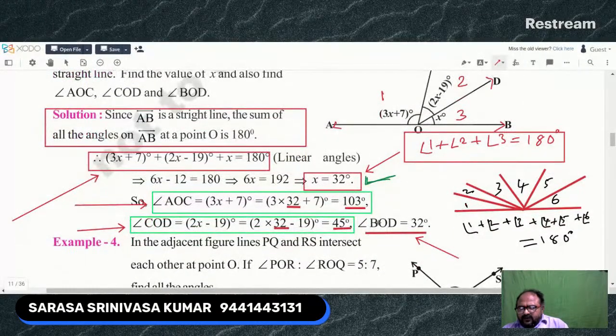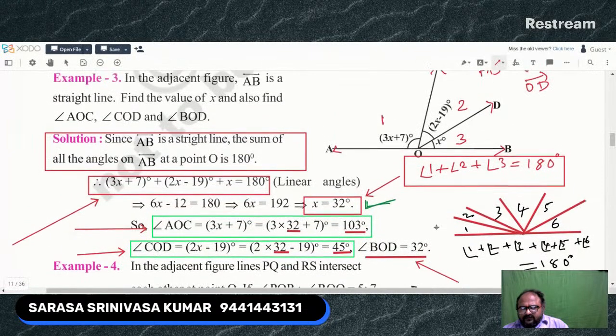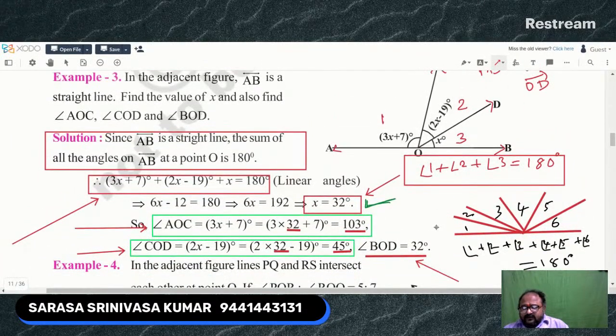Their values are 103 degrees, 45 degrees, and 32 degrees respectively. This is how all the students must understand the concept of finding the unknown value x